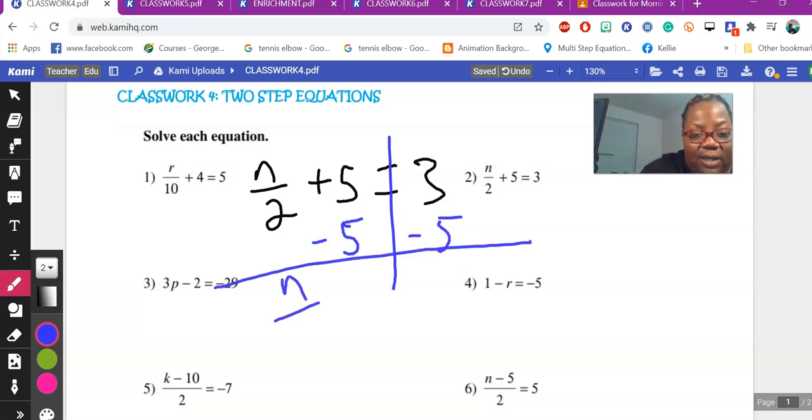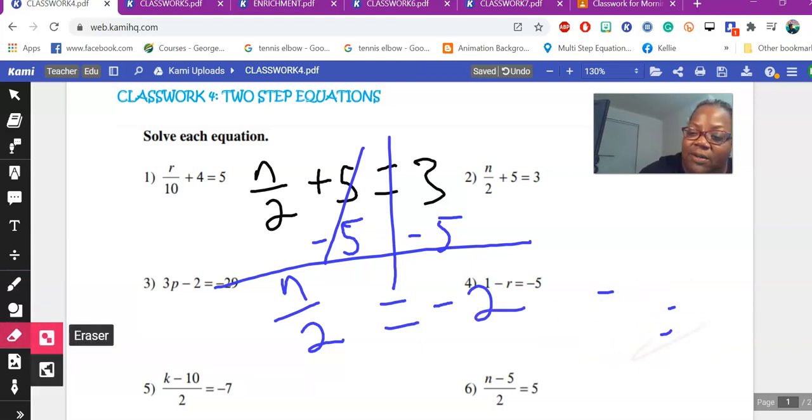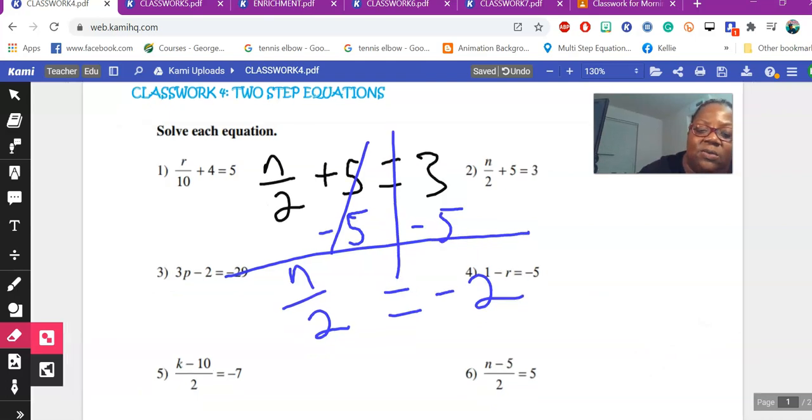Right? And over 2 is still here. That canceled out. 3 minus 5. Don't forget your integer rules. Right? Subtract, keeping the sign of the higher digit. Negative 2. If you notice, n is still not by itself, because you have now reduced it to a one-step